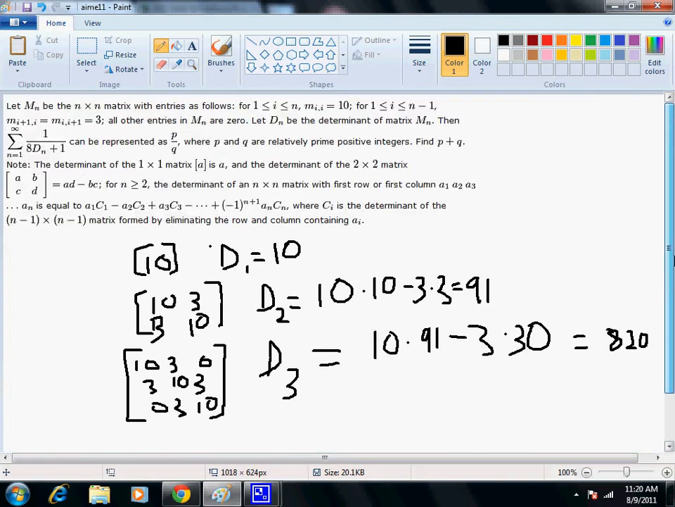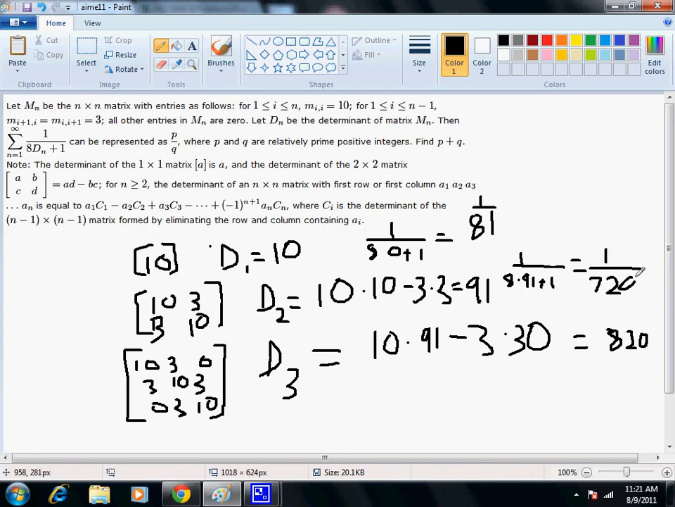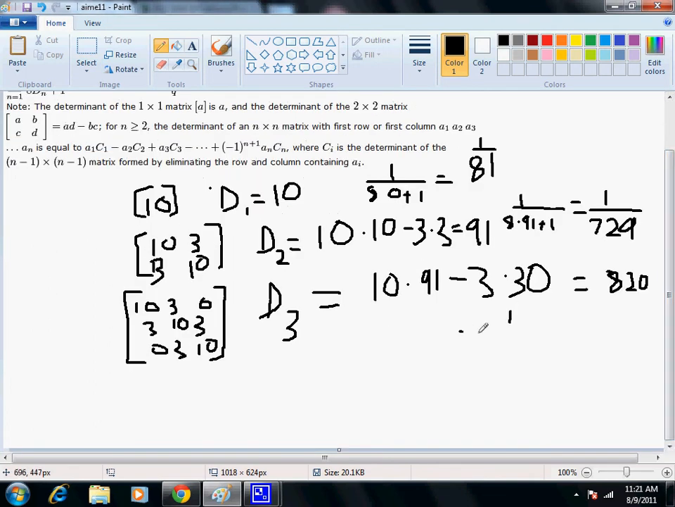So we'll plug it into the term of the sum. So 1 over 8 times 10 plus 1 equals 1 over 81. 1 over 8 times 91 plus 1 equals 1 over 729. And then 1 over 8 times 820 plus 1 is 8 times 820, which is